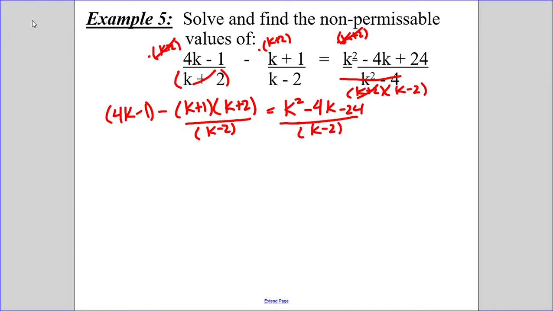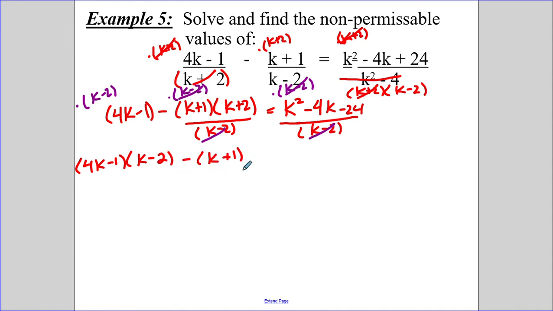So now I'm going to do that second part, and I'm going to multiply this by the other denominator, which is k minus 2. So multiply by k minus 2, multiply by k minus 2, multiply the other term by k minus 2. These cancel, and I can see that the k minus 2's cancel here and here. So now I have no more denominators left. So now I can just write what I have left over and start to solve that. So I have a 4k minus 1 and a k minus 2 minus a k plus 1 and a k plus 2